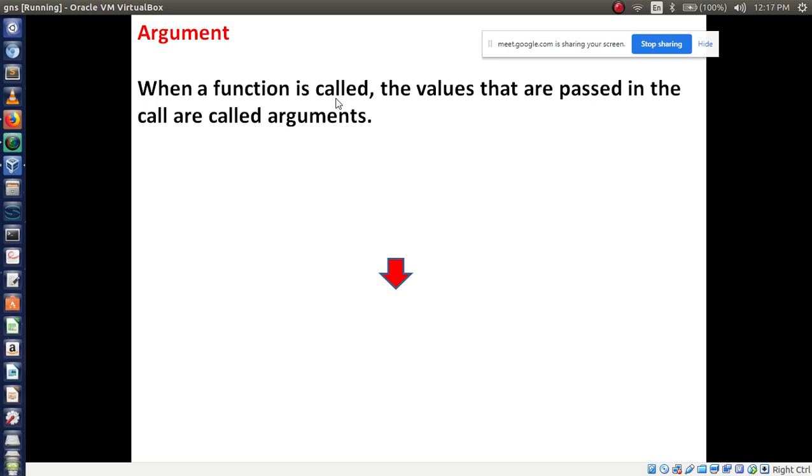A function calling itself we can call recursion. That is a different concept. Here we are going to call the function in the main method, and from that method we are passing the values.